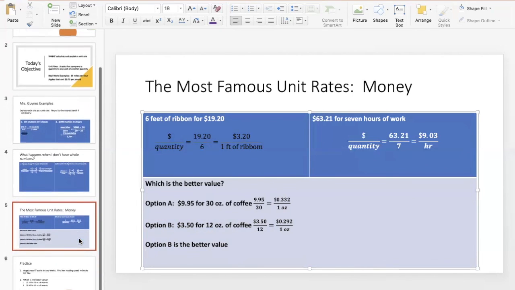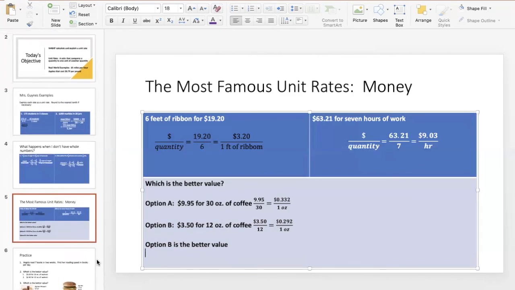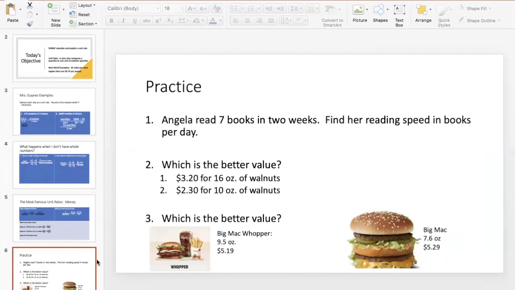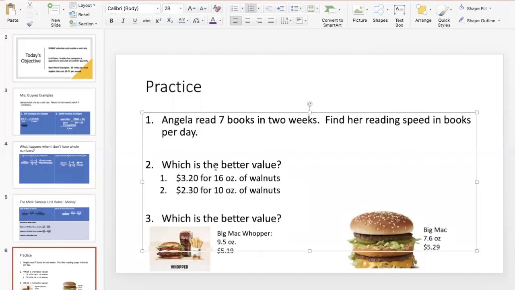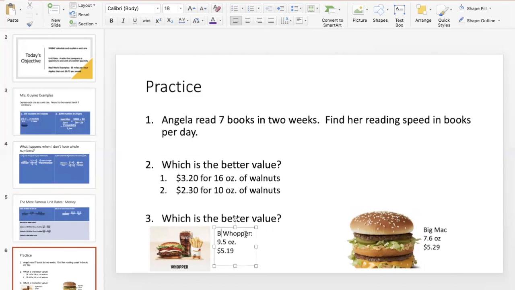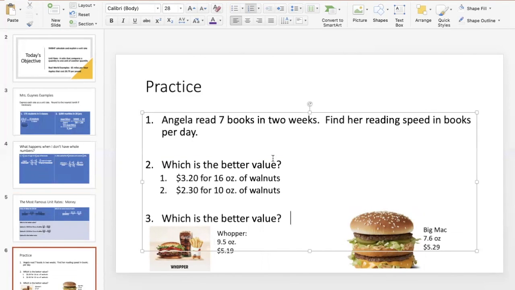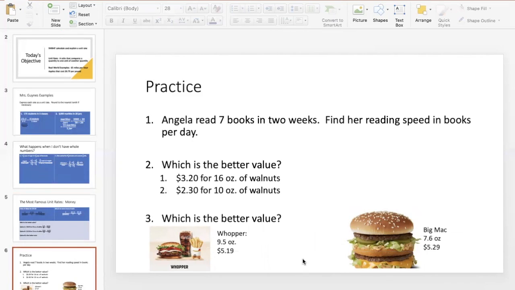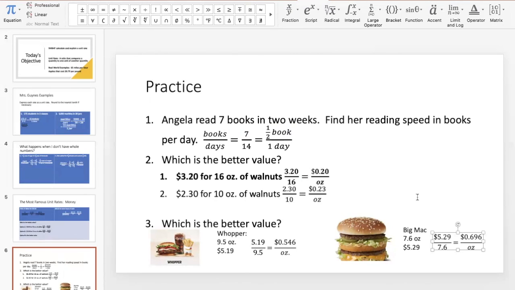All right, so now I'm going to switch the screen and we're going to look at these three questions. These three questions are asking us to figure out the unit rate here, and then to figure out which is the better value in 2 and 3. Okay, so take a second, calculate the unit rates for each of these, and we'll be back on in a second. Okay, so number one